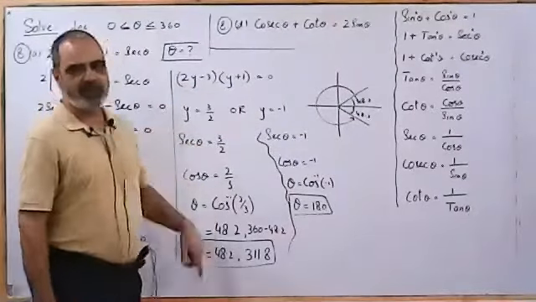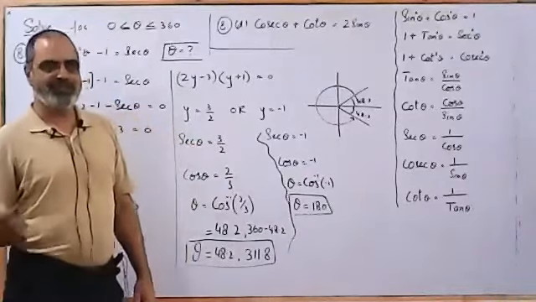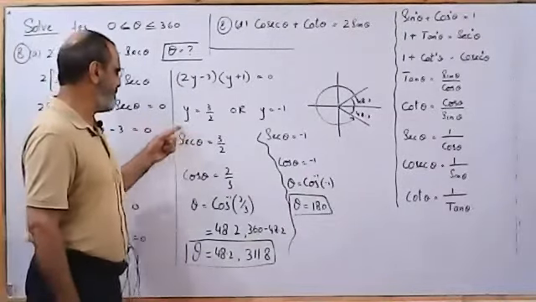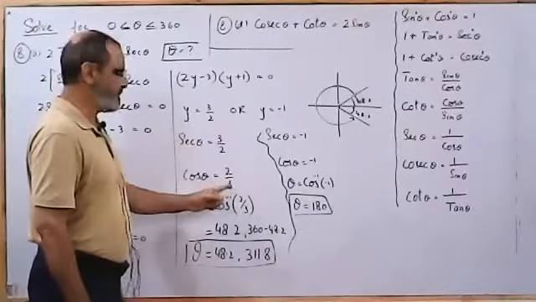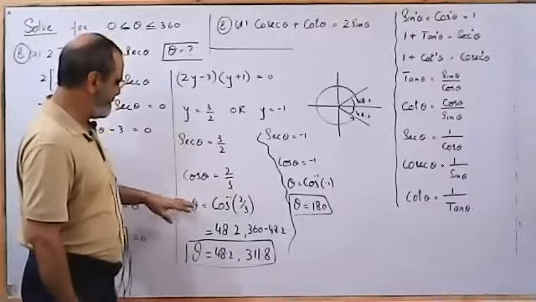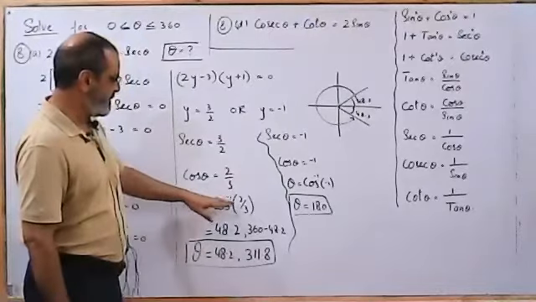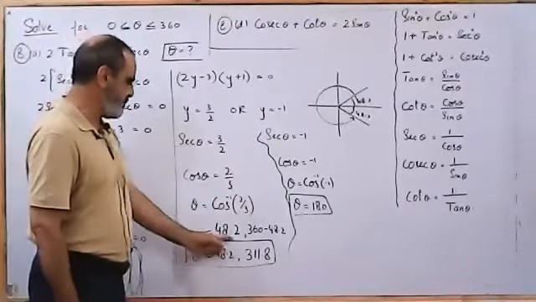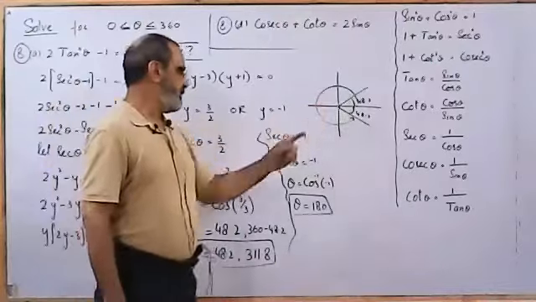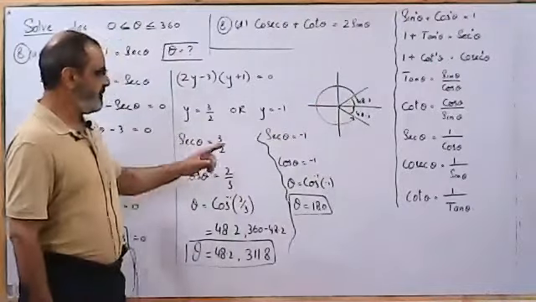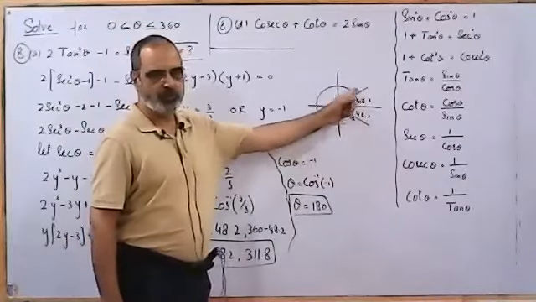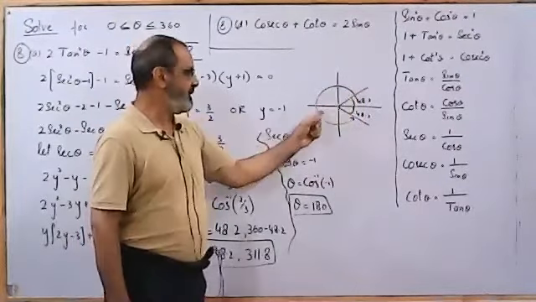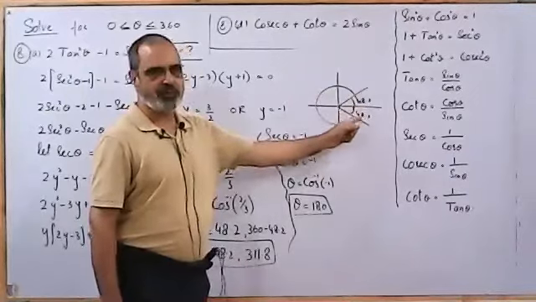Values of secants are not given by the calculator. You need sine or cos. So I have taken the reciprocal of secant, that is cos, and the reciprocal of the other side as well. So theta is cos inverse of 2 by 3. That gives me the base angle 48.2. I know cos is positive in the first and fourth quadrant. So I need base angle 48.2 in both the quadrants. The second angle will be 360 minus 48.2.